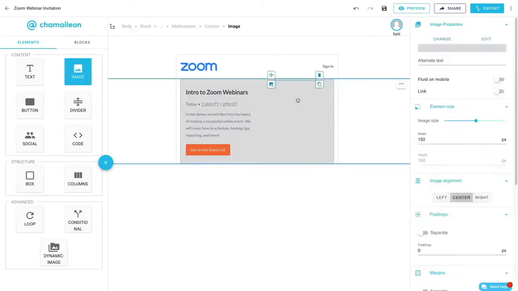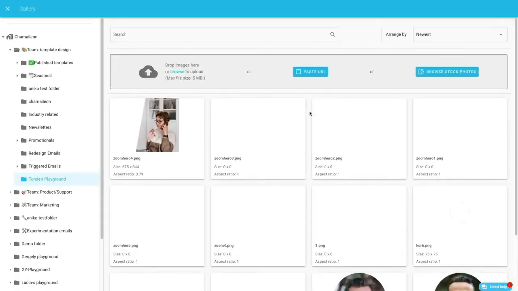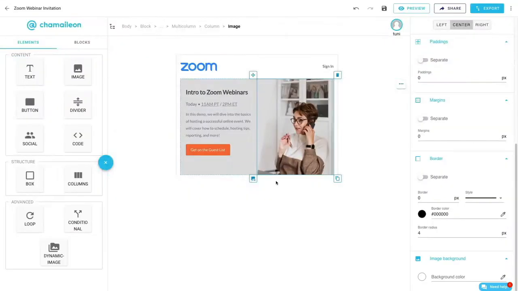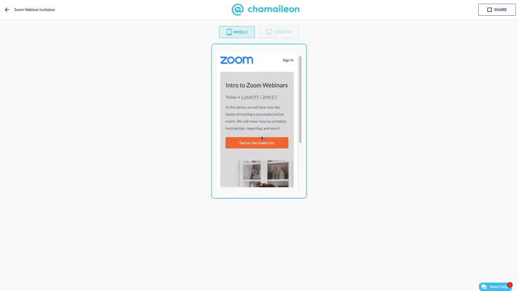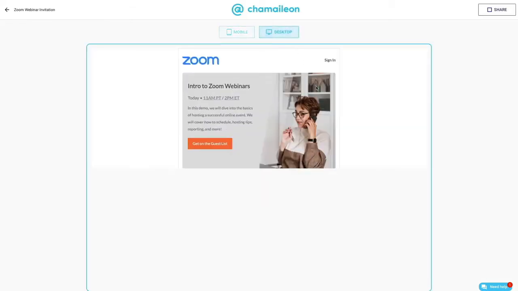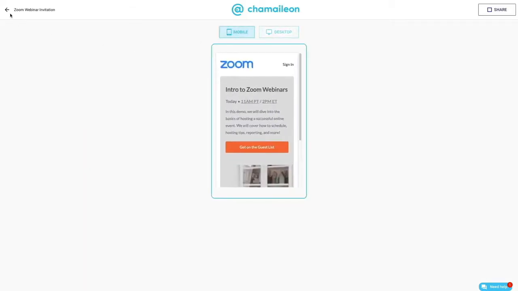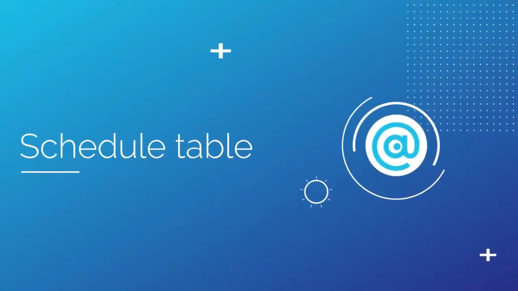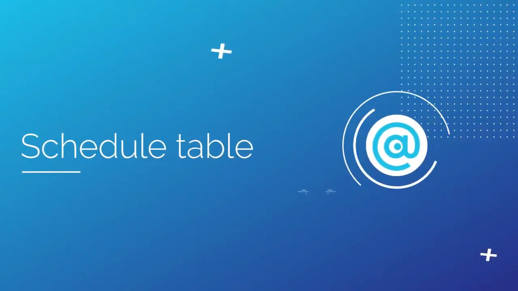Next, drop an image element and double-click to open the gallery. Select your image and you're good to go. On the mobile preview, you can see how the two columns are stacked nicely and adapt perfectly to the device type. Now we will move on to the next block in our invitation email, which is the webinar schedule or